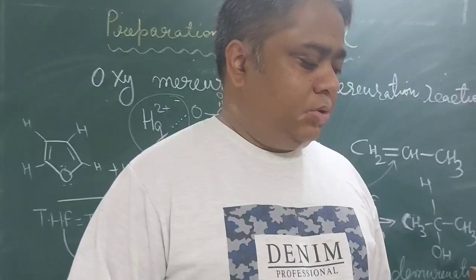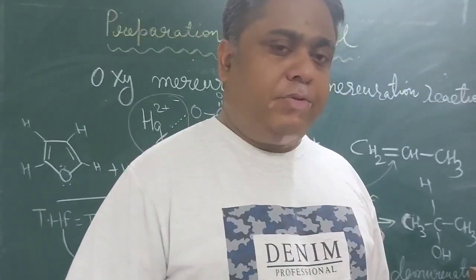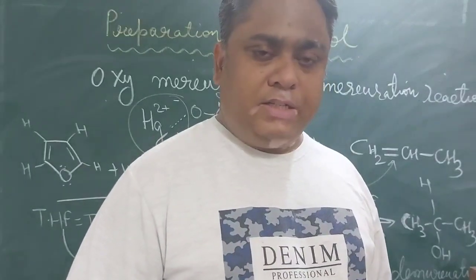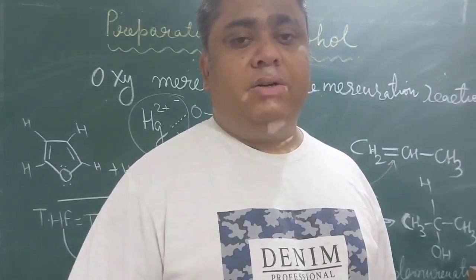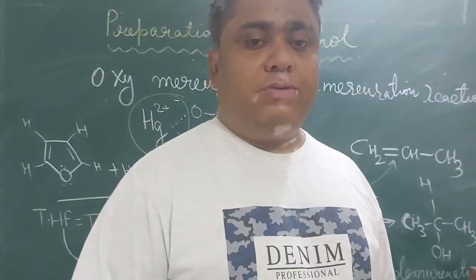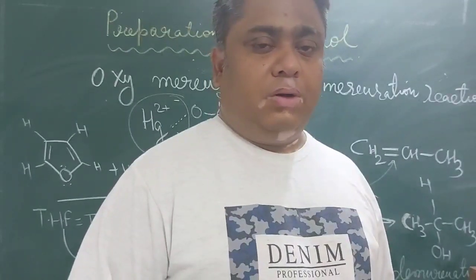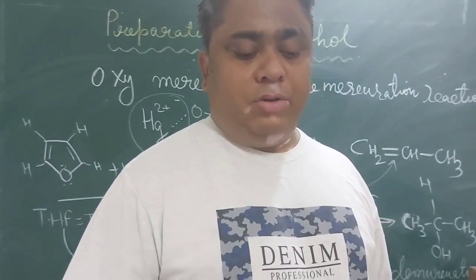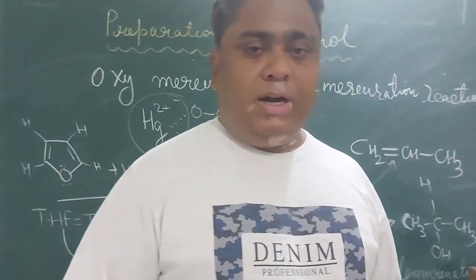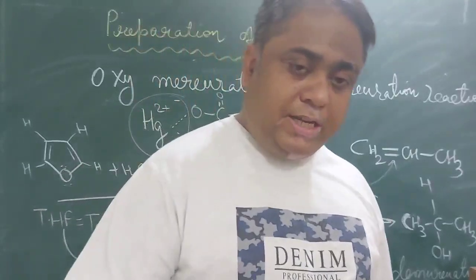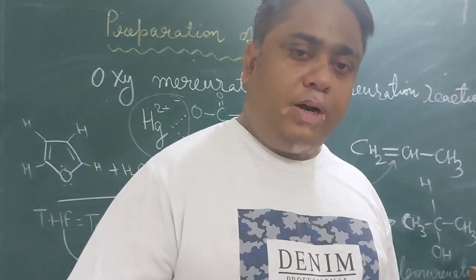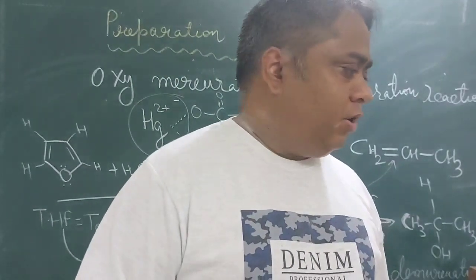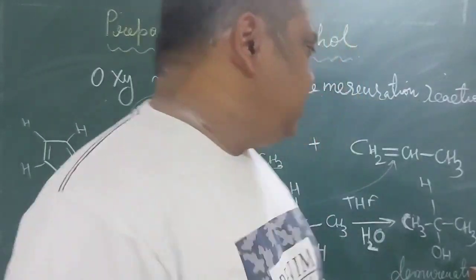Alright, so now what are the other types of reactions left? Other types of reactions left are oxidation and reduction reactions. We can reduce the acid to form aldehyde, or we can oxidize alcohol to form aldehyde and again reduce it back, or we can use Grignard reagent also. Let us see how.